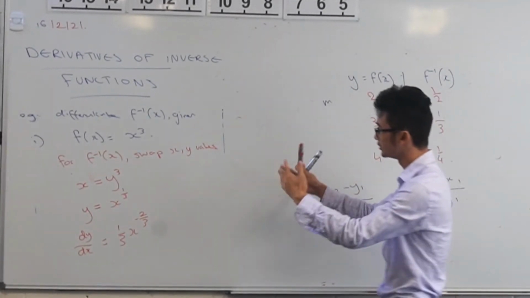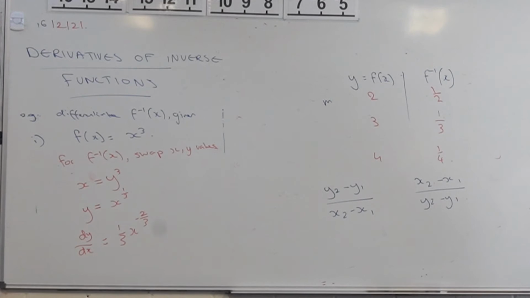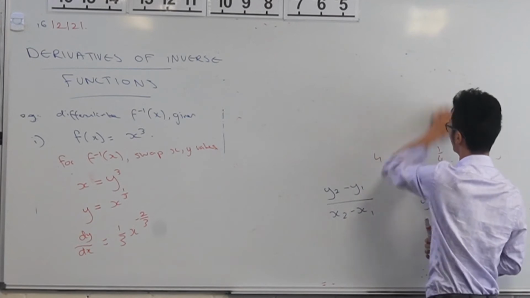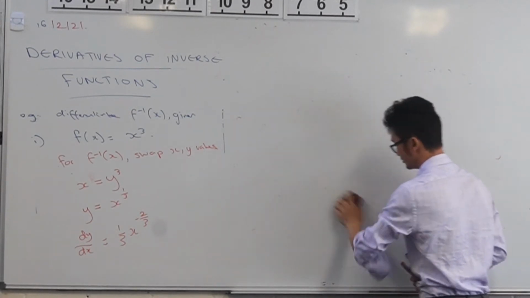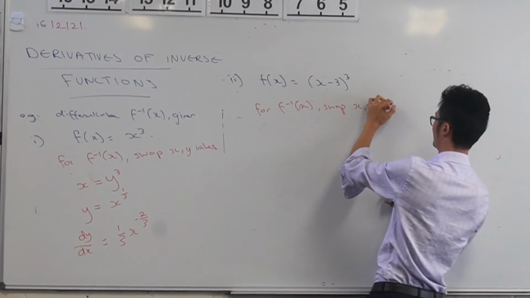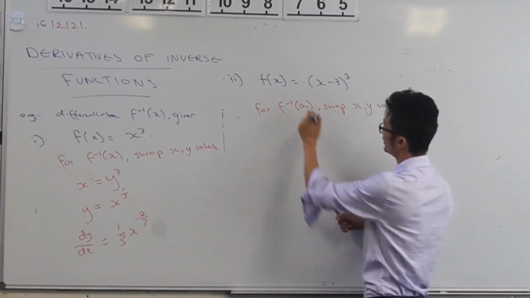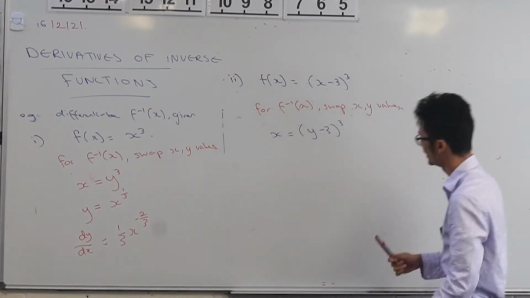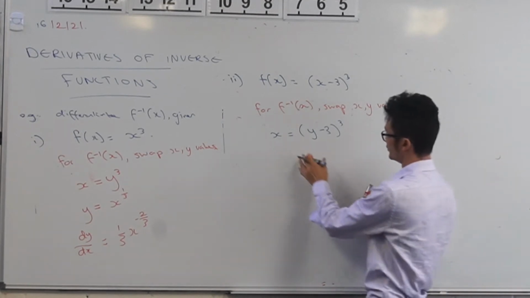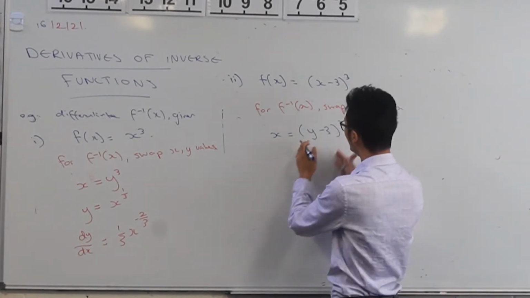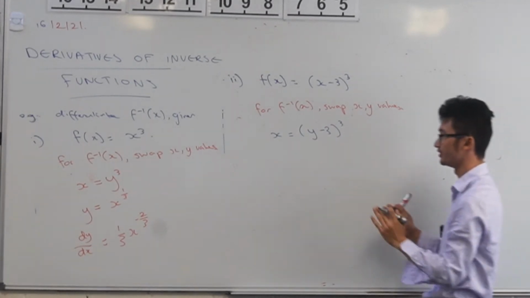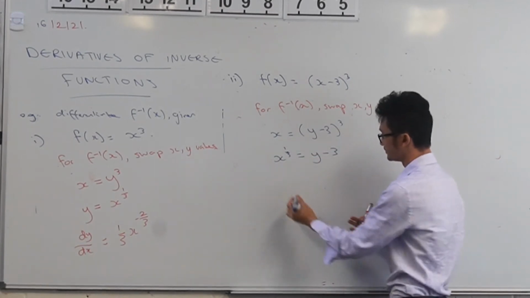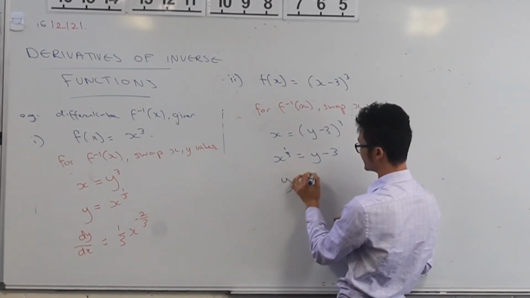So that's all well and good. We can do that pretty easily. I'm going to give you another one just to check this, right? So I can give you something like this, for example. Right, and the way I can do that is I can say, all right, so I've got now x is equal to y minus 3 all cubed. But now I want to actually think about, okay, I want to make y the subject here. So I'll do the same thing as I did before. Even though I've got these brackets here, it doesn't affect anything because I can still operate on them in the same way. So I've got x to the power 1 on 3 is equal to y minus 3. And I can add 3 to both sides